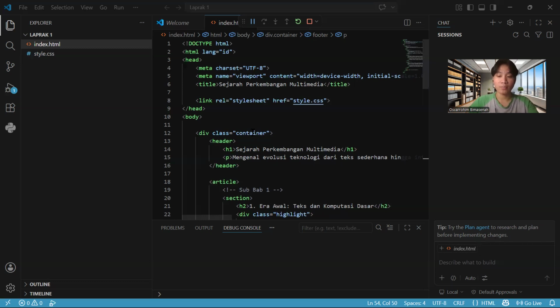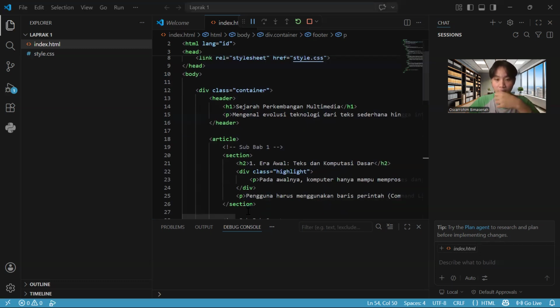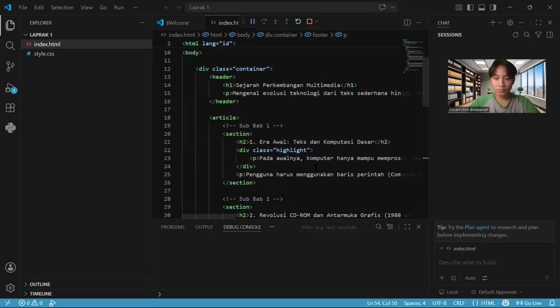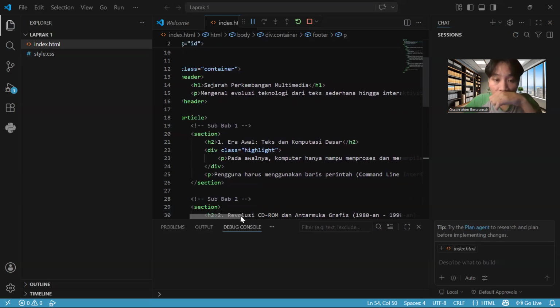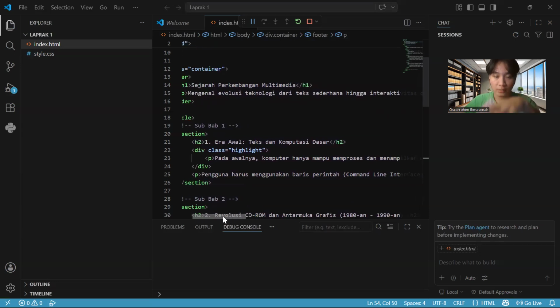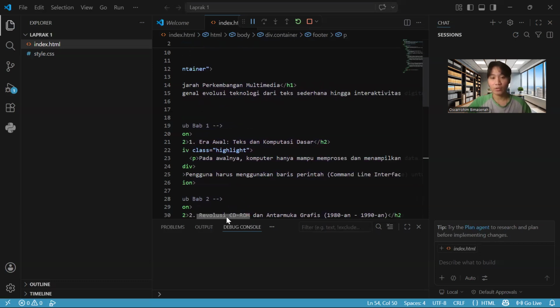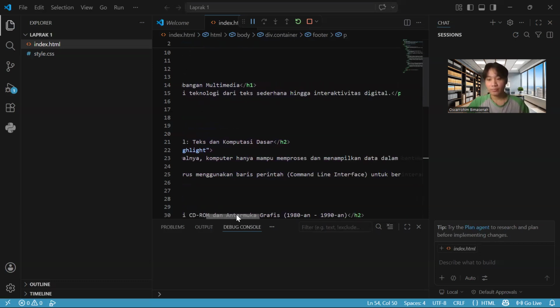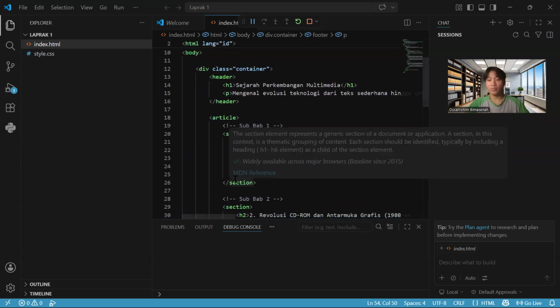I have used a semantic approach here. The header uses the h1 tag to grab attention immediately, featuring the title: Sejarah Awal Komputasi dan Teks Dasar, Perkembangan Multimedia. As we move to the article here,